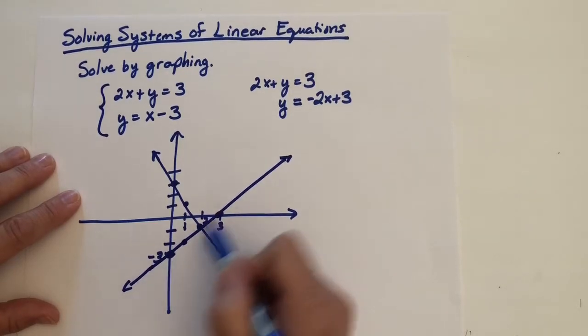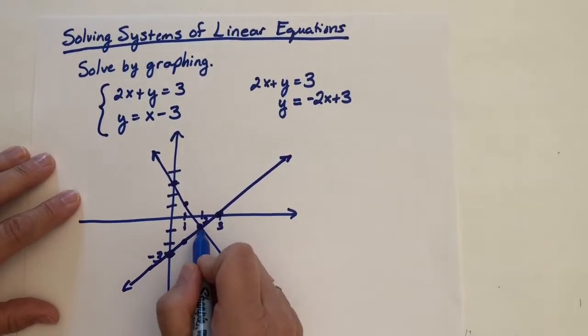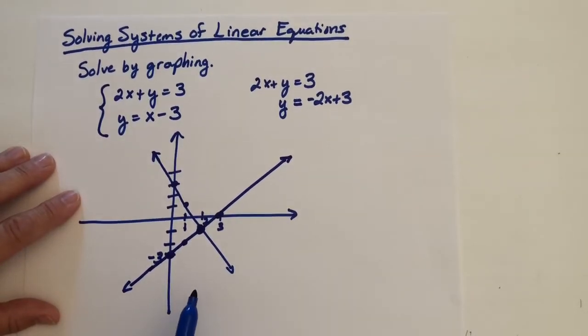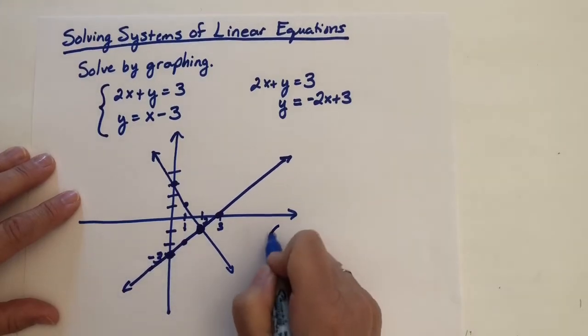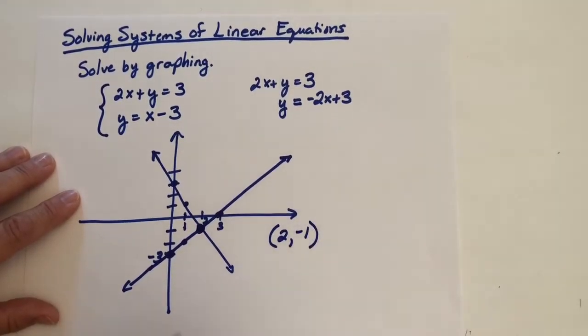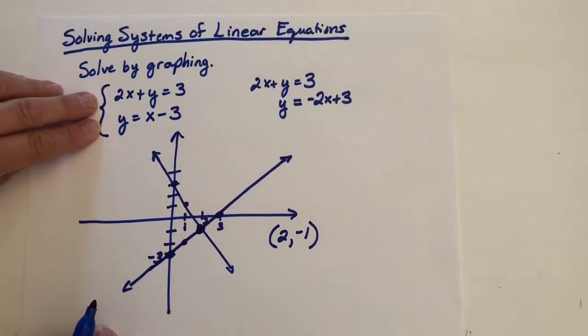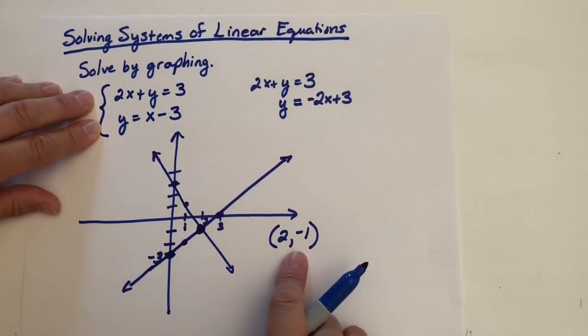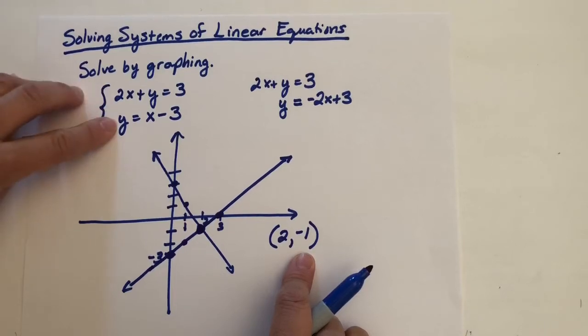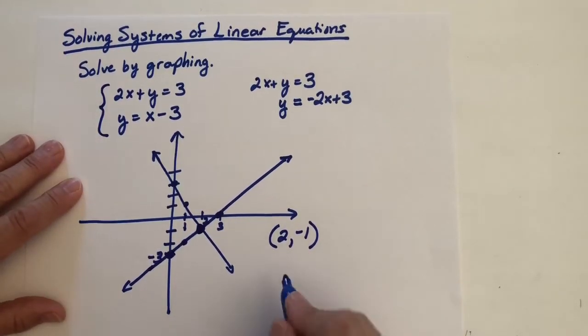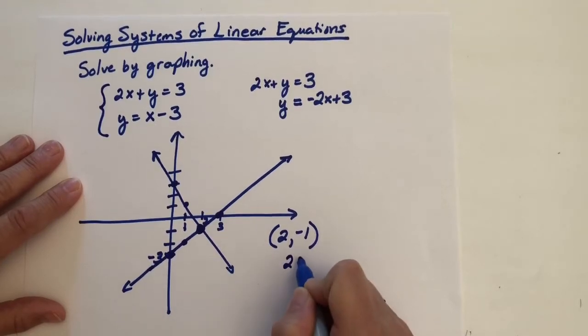But here are my 2 lines, and notice they intersect right here. And even on this one freehand, we get a pretty good look at what the solution would be, the point that they share. It looks like it's over 2, down 1. So the point (2, negative 1) seems to be the solution. Now the nice thing about a system of equations is it's easy to check to see if you have a correct answer. We can pop the ordered pair into both equations, and if it works, we know we have a solution. So if we put (2, negative 1) into the first equation,